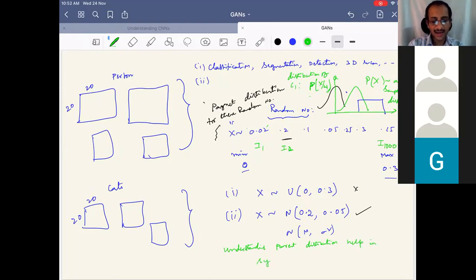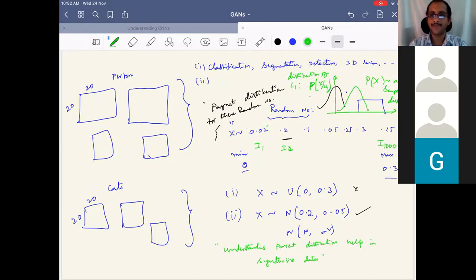So how much data can you synthesize if you understand the distribution? Assume that I have captured the parent distribution. So how much data? Only 100 samples you can generate, or you can generate 1,000 samples? How many samples do you think you can generate? Any answer to that? Assume that I have captured somehow the parent distribution.